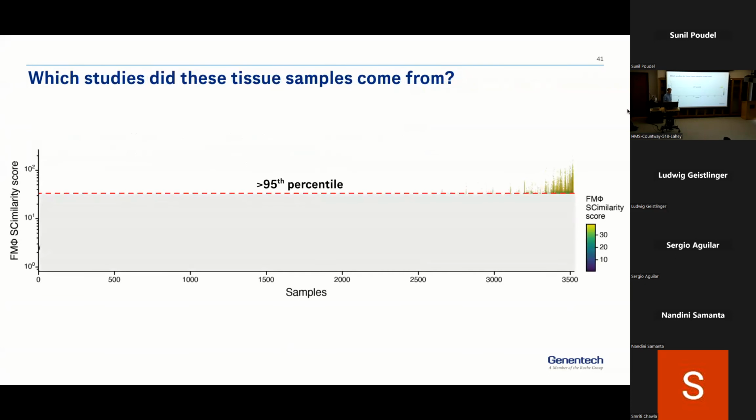So we can take this previous picture and we're going to just do some very simple stuff. We're going to count where the most similar cells are. What I'm showing here is just the 95th percentile. We could take all the cells above the 95th percentile line and just see which data sets they come from.